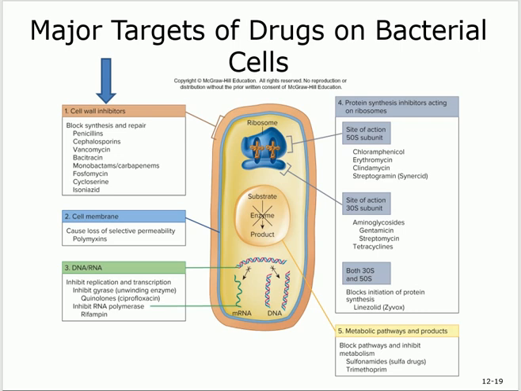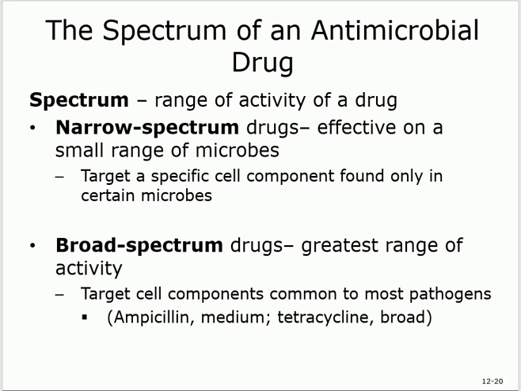Working on the cell membrane, polymyxin. You need to remember this. DNA, RNA: quinolones and rifampicin. So a lot of those, most of those, but not every single one of them. For the metabolic pathway, sulfa or sulfonamide is good enough. You will see it in the next chapter. It's put here on the bacteria itself, so it might be easier to remember. And you will see the slides.